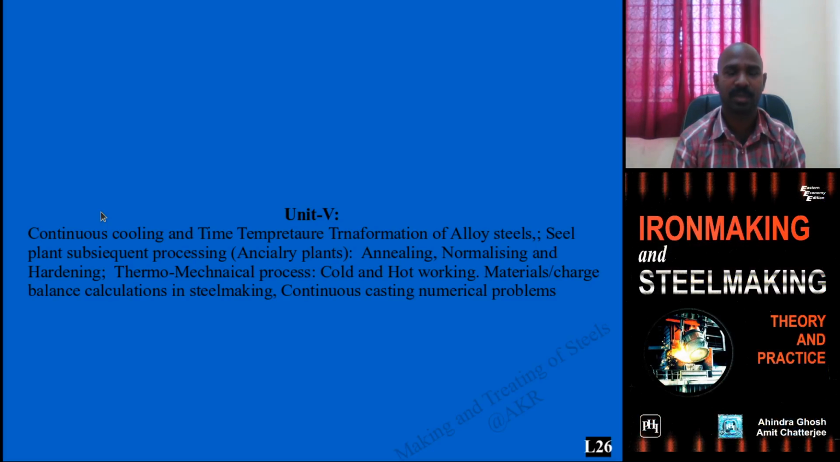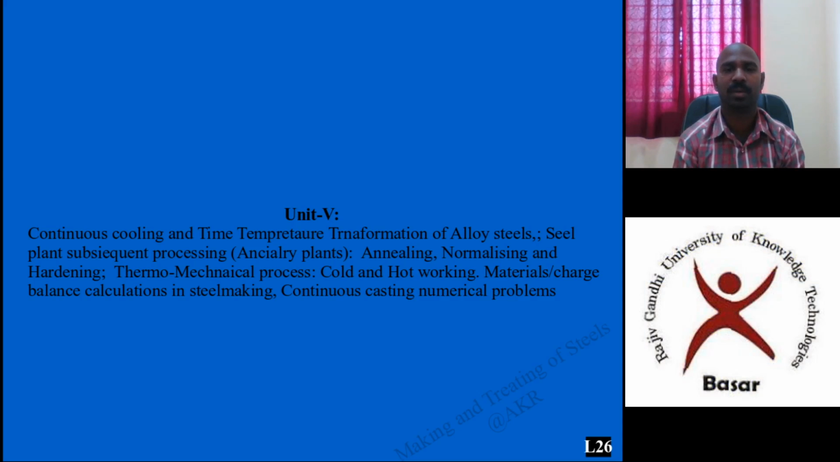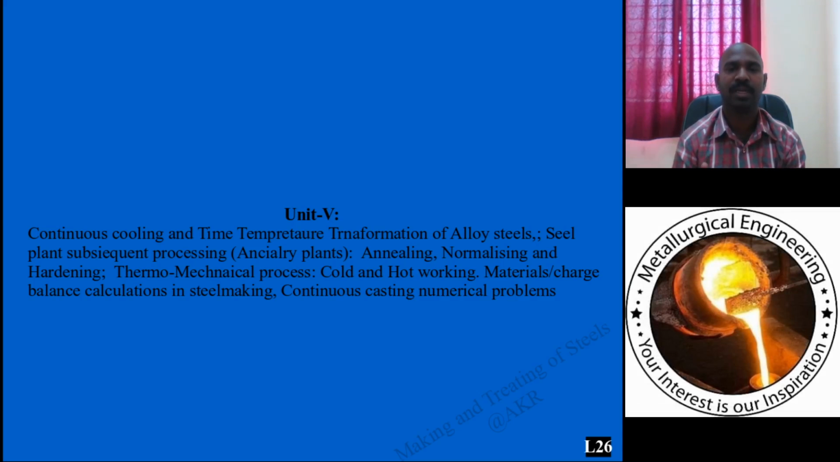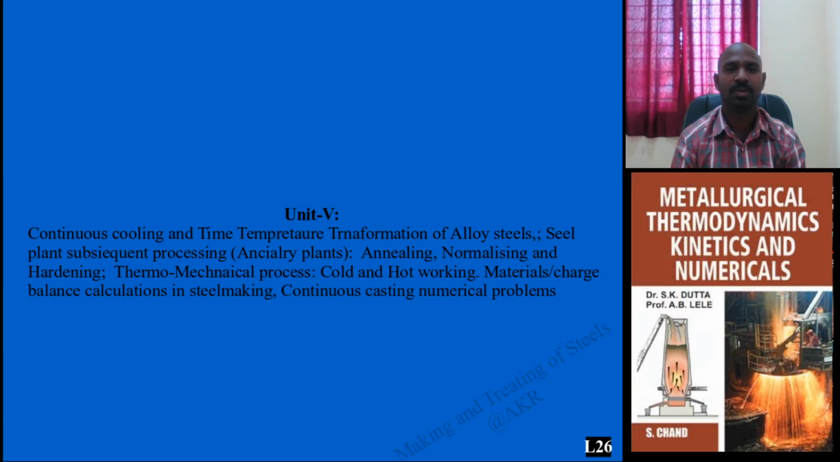Today I am going to introduce Unit 5, which broadly includes continuous cooling and time temperature transformation of alloy steels and subsequent steel making processes, and which also includes various common heat treatment processes: annealing, normalizing, hardening, and some of the thermomechanical processes such as cold working and hot working, which includes extrusion, forging, and rolling processes,